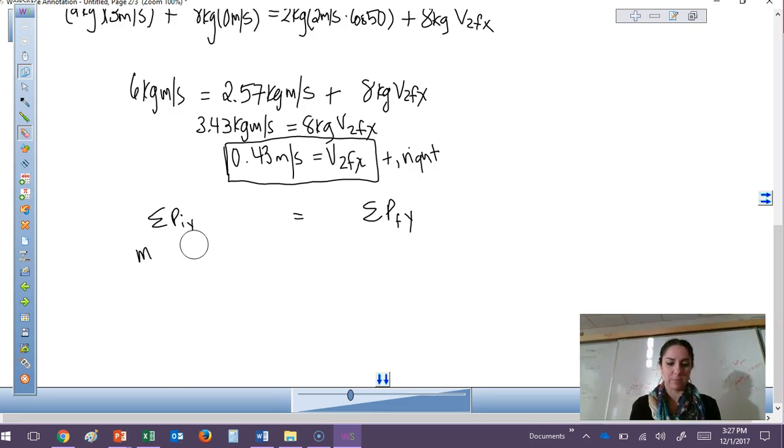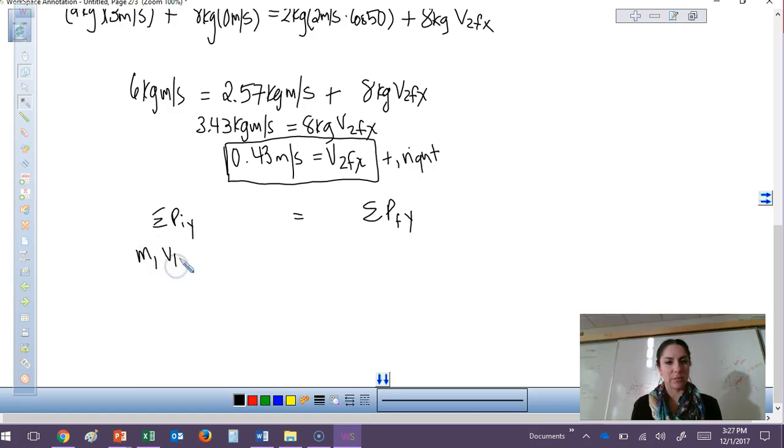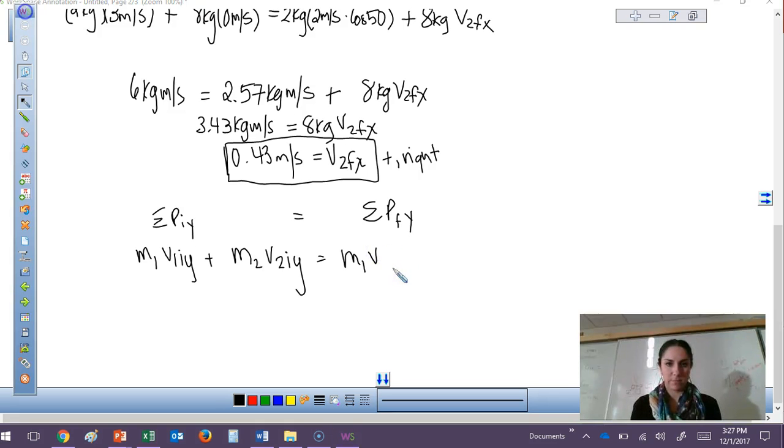I'm just being really picky for picky's sake, but the mass 1 times velocity 1 initial in the y plus mass 2 velocity 2 initial in the y has to equal mass 1 velocity 1, keep track of this, 1 final y plus mass 2 V2